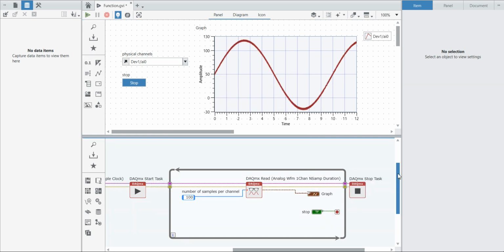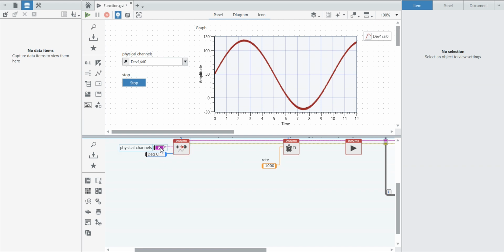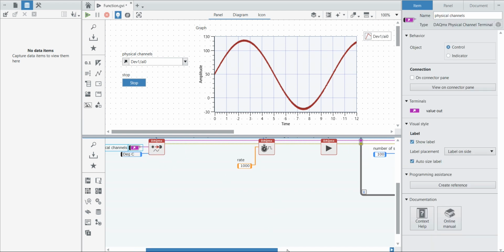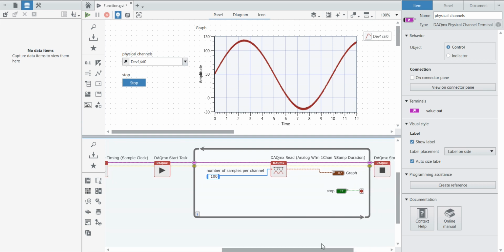Stop. So in this way you can acquire the data